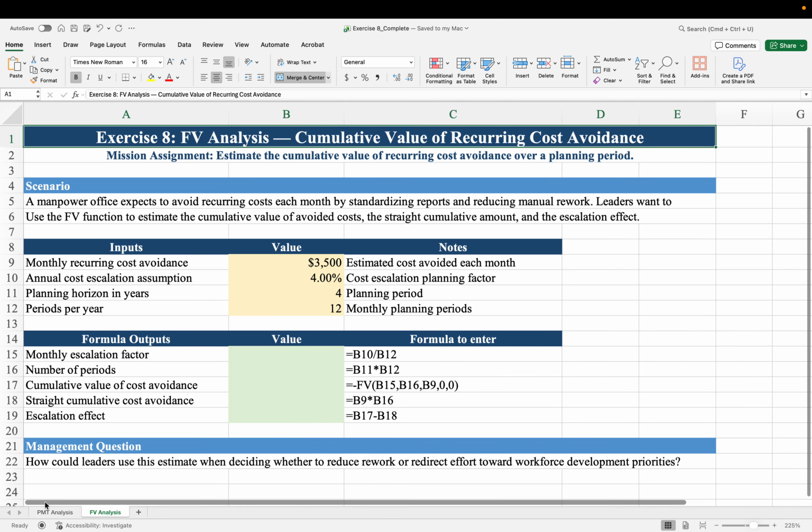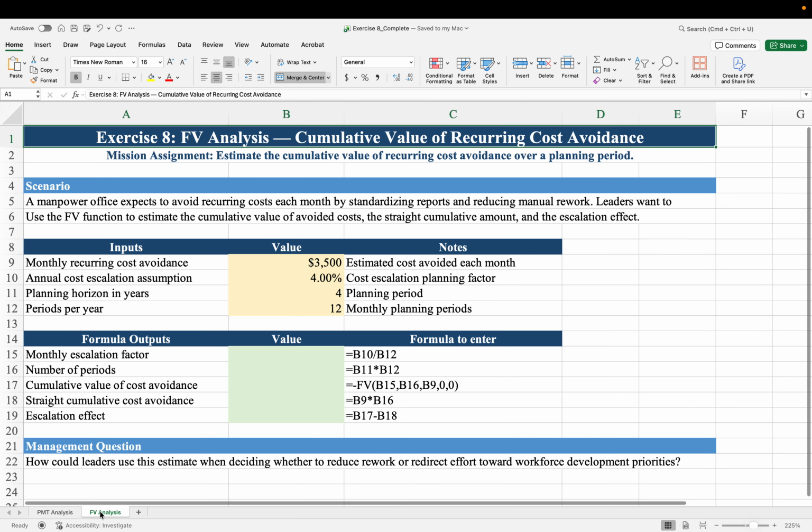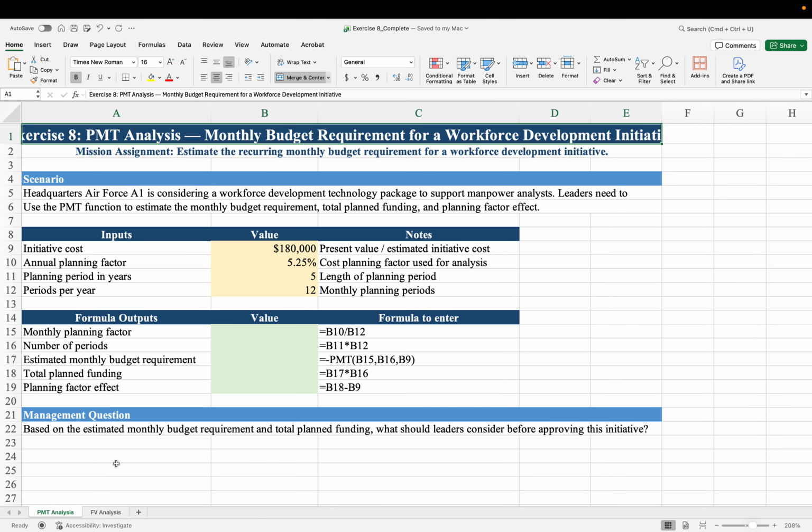Let's turn our attention next to exercise 8, where we will be comparing the payment and future value functions in Excel to calculate the financial impact of a decision. Now, in the private sector, this formula would be used for calculating interest rates and loans. In the public sector, leaders can use these same formulas to determine the impact of financial decisions over a number